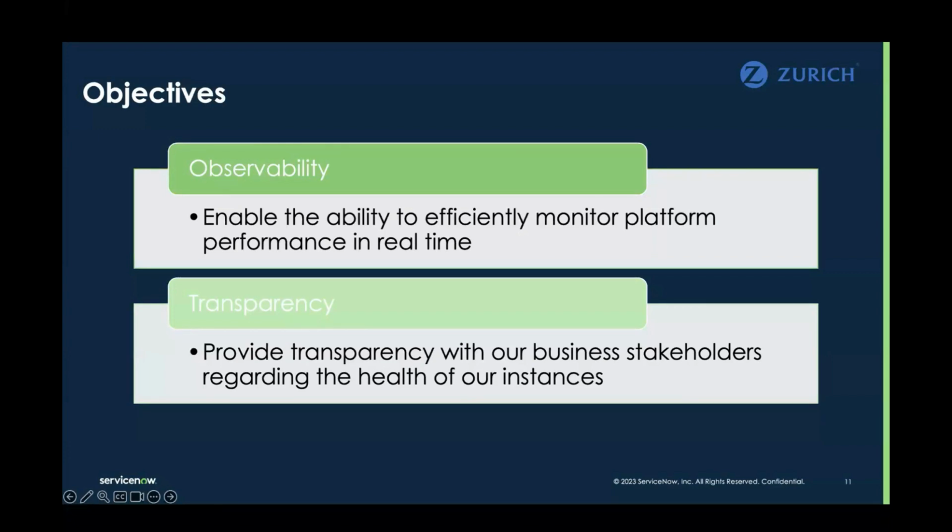Yeah, so at the moment, or at least at the time, our main objectives with Instance Observer were to be able to monitor the platform in real time, and to be able to provide transparency for business stakeholders when any performance-related issues arise. One of the things that I find to be a true benefit with Instance Observer is